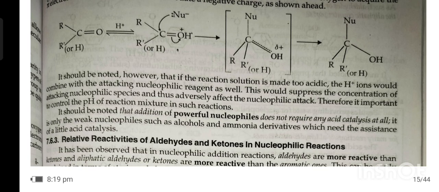It should be noted, however, that if the reaction solution is too acidic, the acid may protonate the nucleophilic reagent as well. This should suppress the concentration of the attacking nucleophilic species and thus adversely affect the nucleophilic attack. Therefore, it is important to control the pH of the reaction mixture in such reactions. It should be noted that the addition of a powerful nucleophile does not require any acidic catalyst at all. It is only the weak nucleophiles such as alcohol and ammonia derivatives which need the assistance of a little acid